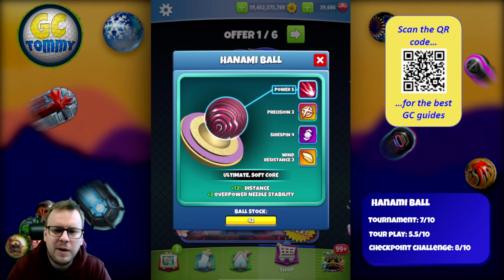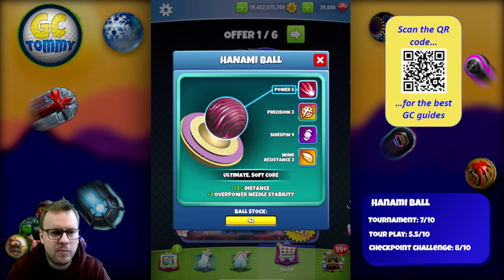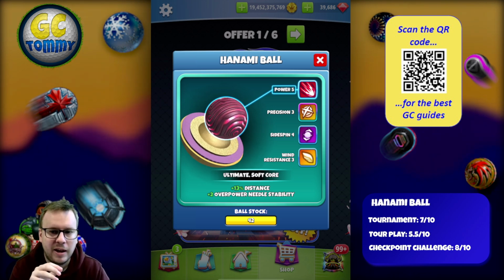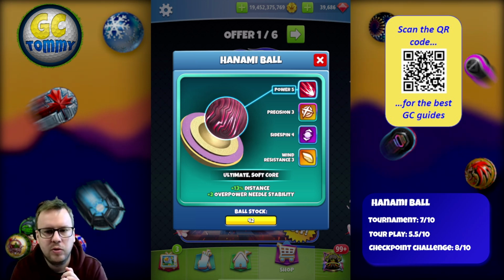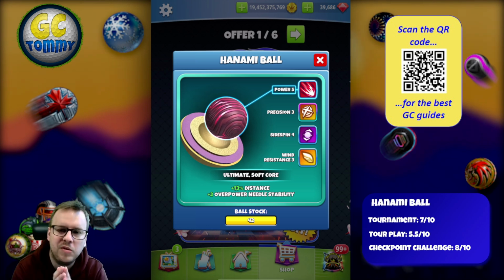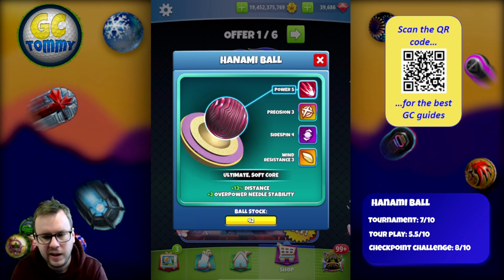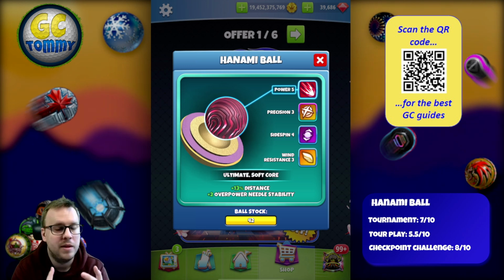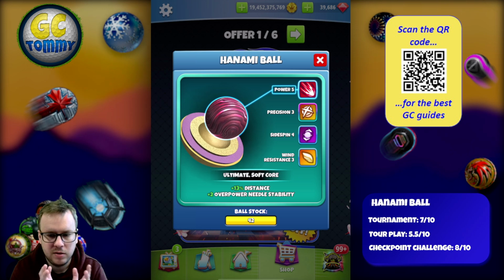Tour play, I give this one a 5.5 out of 10, because, and I say this every time there is a Power 5 ball in the mix, I don't believe that a Power 5 ball is to be used on tour play, just because the min line and the max line will change, and that's going to make it a little bit awkward to play tour play, especially on the par 3s. Sure, there will be times on the par 4s and par 5s where this ball can be useful, but in tour play we mainly play to use the gear, the club and the ball that will benefit us in the shootout,